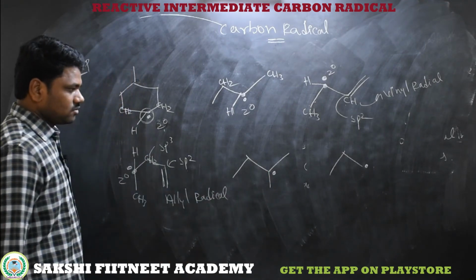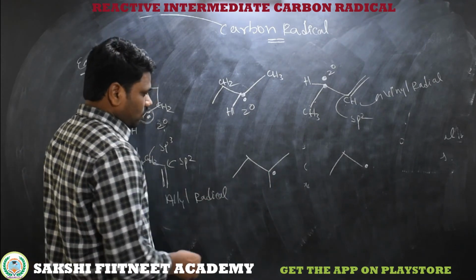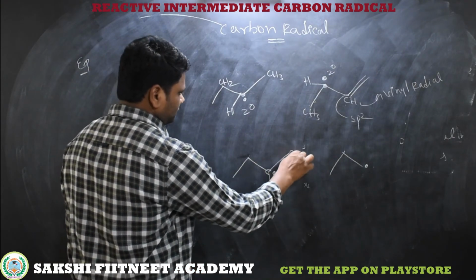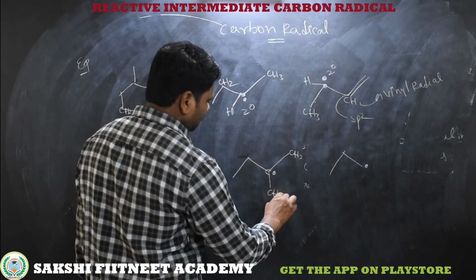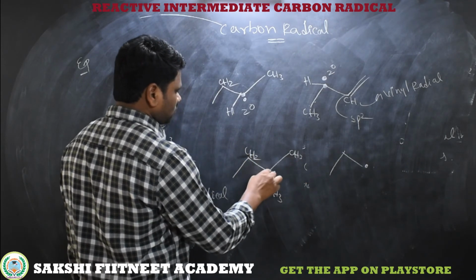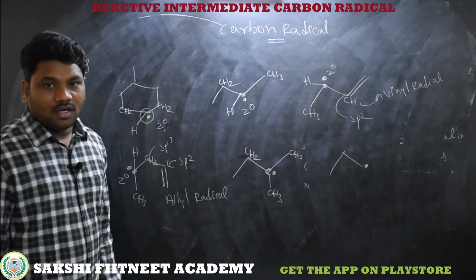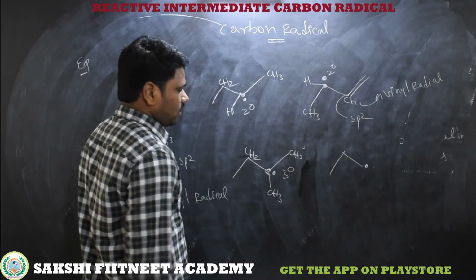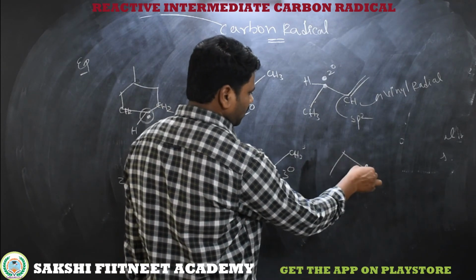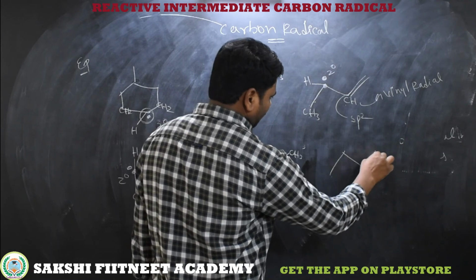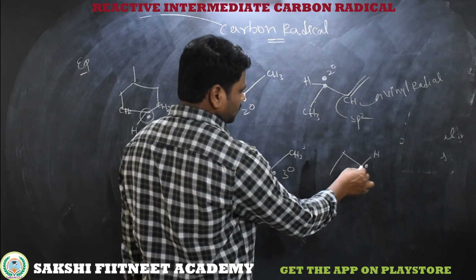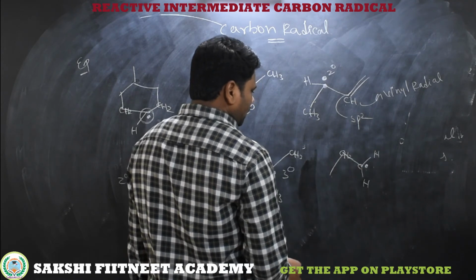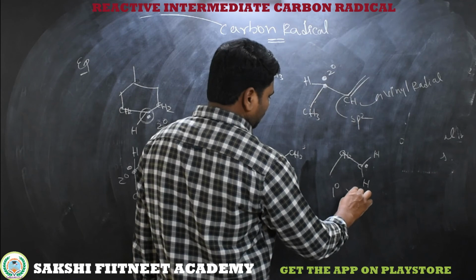Now coming to the next molecule, that is the next example. See here this carbon is bonded to CH3, here we have another CH3, and here we have a CH2. So this carbon is bonded to three carbons, and it becomes a tertiary free radical. Now here CH3 CH2 is bonded to CH2 and a radical. So this carbon is bonded to only one CH2 and the remaining two are hydrogens with a free radical, that is called a primary radical.